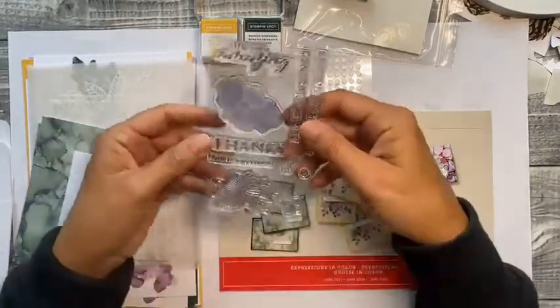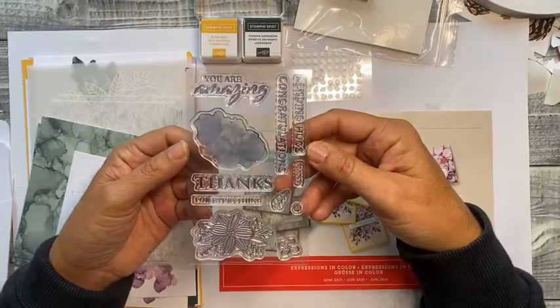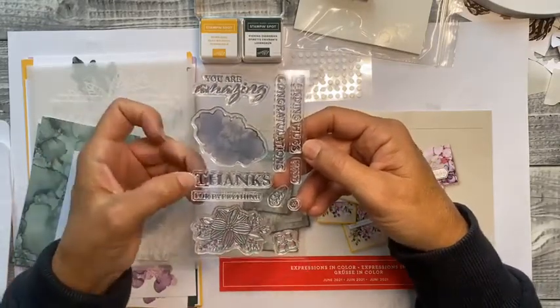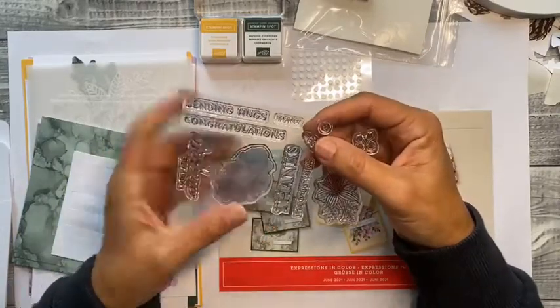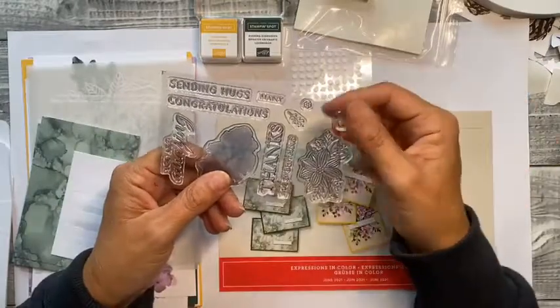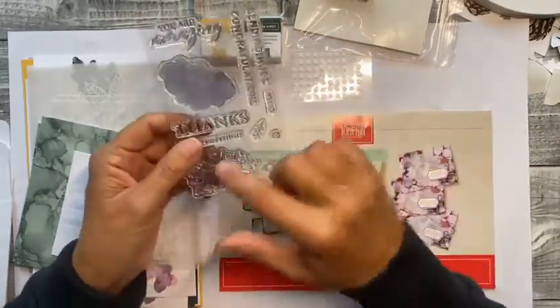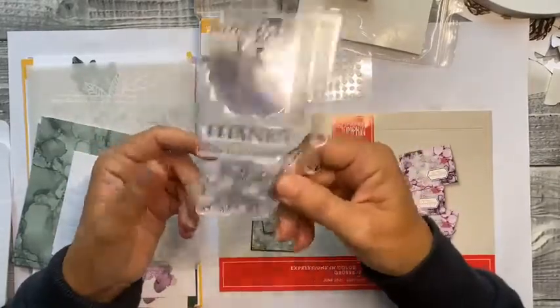So the stamp set, I have to say, is pretty gorgeous in this kit. It's got the you are amazing, it's got thanks, and then it's got for everything. It's got sending hugs, and then it's got congratulations, but also many. So you could do many thanks or many congratulations. And then it's got this lovely image here and some more little images. So that's a really useful...